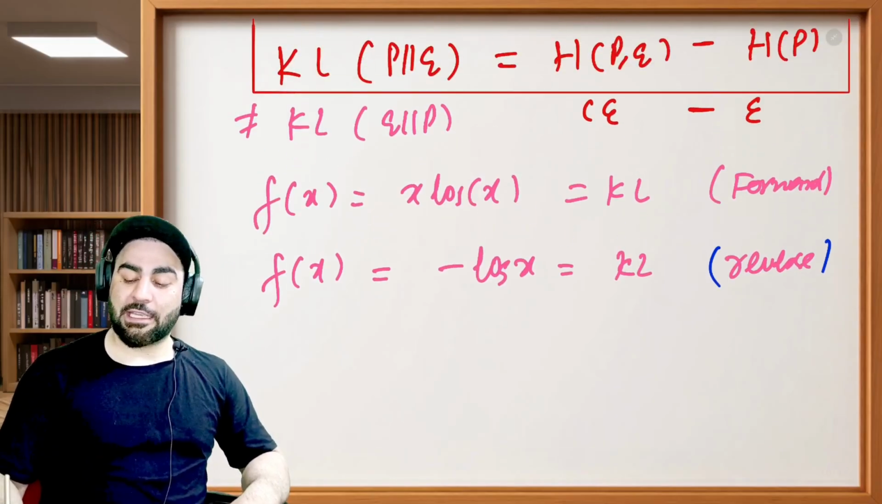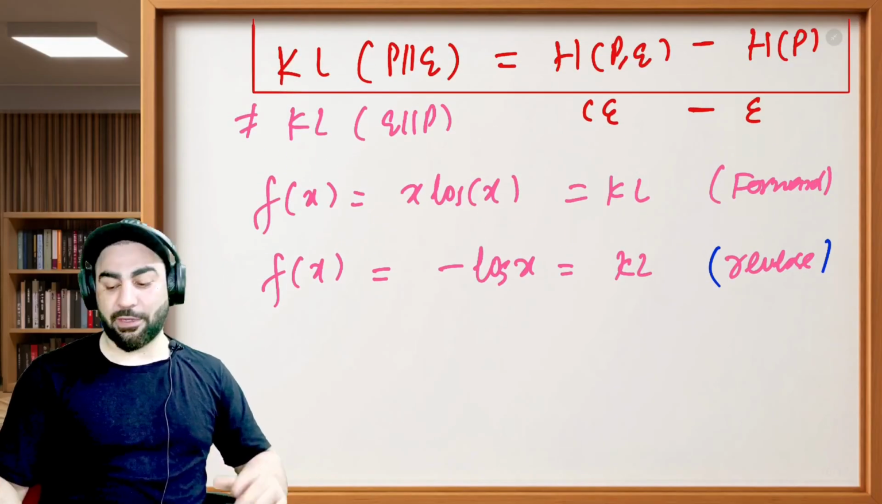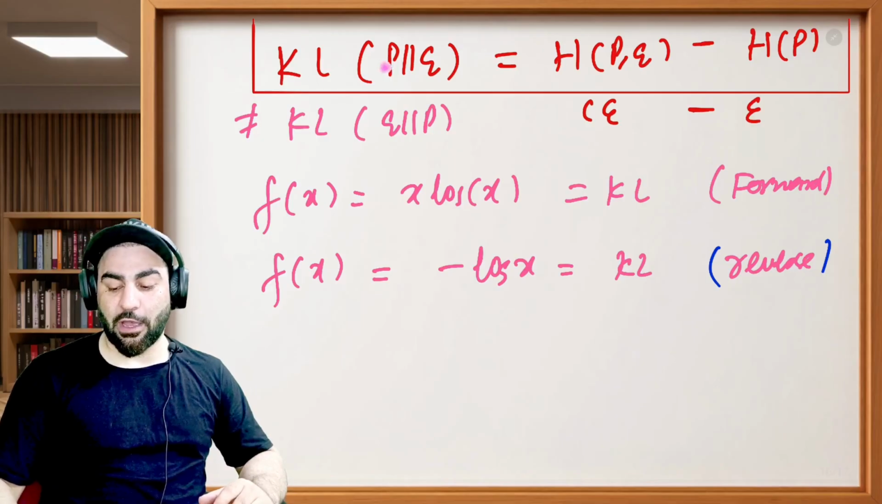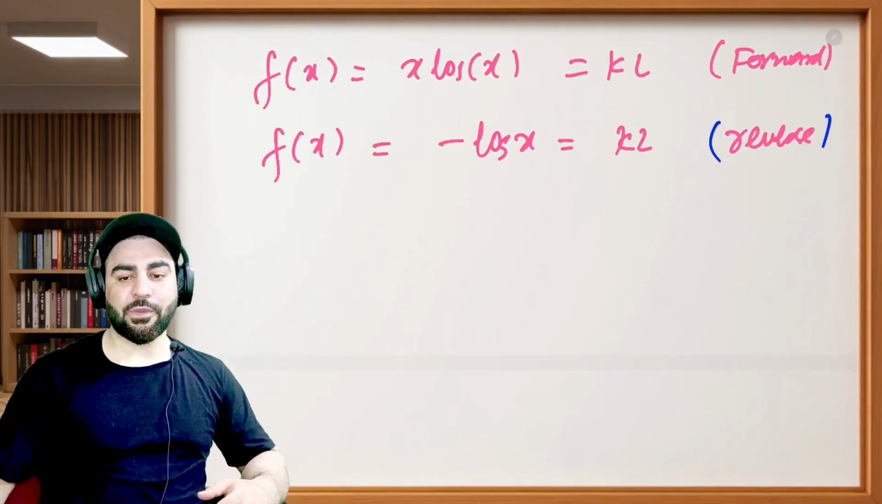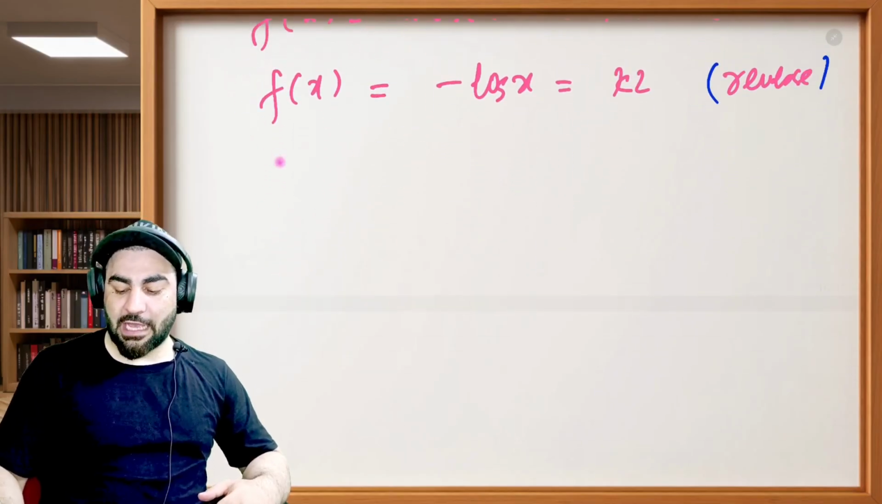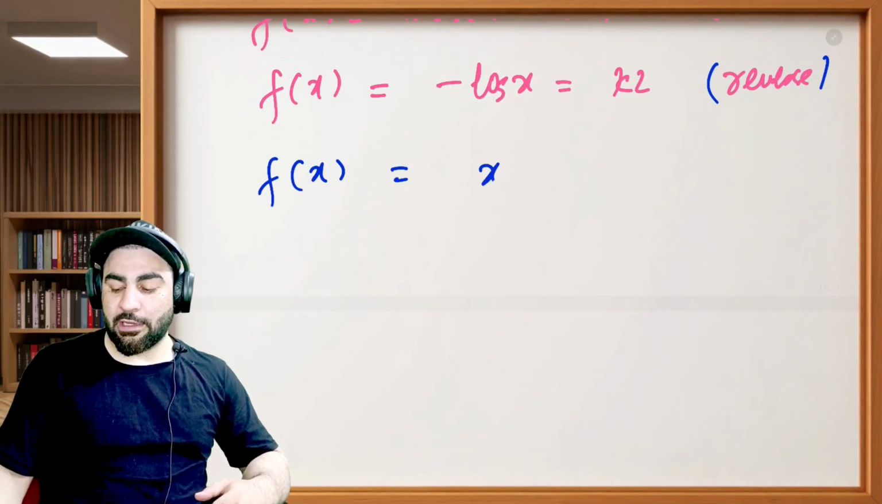As I said, this KL divergence is not symmetric at all. It's not symmetric, so this is not equal to this. So if you have KL divergence between p and q, this is not equal to KL divergence between q and p. Now, suppose this f of x is equal to (x minus 1) whole square,